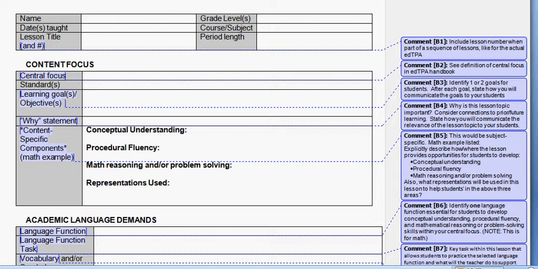But regardless, it's one that you're going to need to practice so that by the time you get to student teaching, you're ready to complete that EdTPA. Okay, so the top of this lesson plan template is pretty straightforward. Obviously, you put your name, the grade level or levels that the lesson plan is for, the date you're teaching it, the course or the subject, the lesson title, and